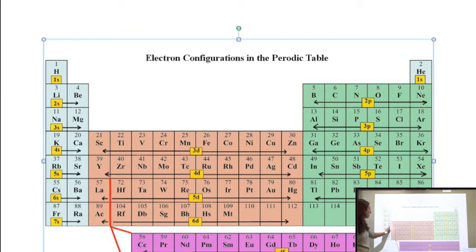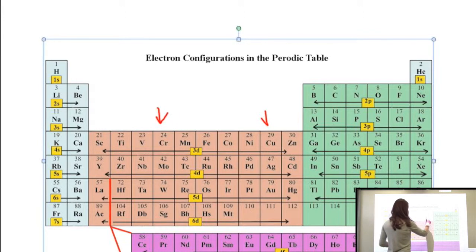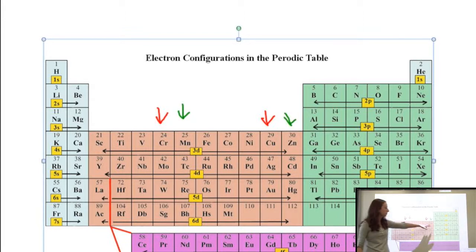So if you look down here in the D block, this tan section of the periodic table, there's something that happens whenever you're in the 4th or the 9th spot, and that just has to do with the stability of the orbital. So basically, the D block prefers to be either half filled or whole filled. So either the 5 electron spot or the 10 electron spot, and if not, it just finds itself in a